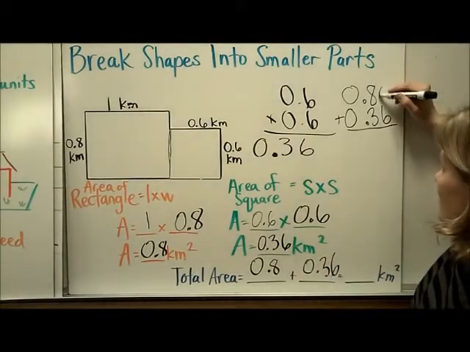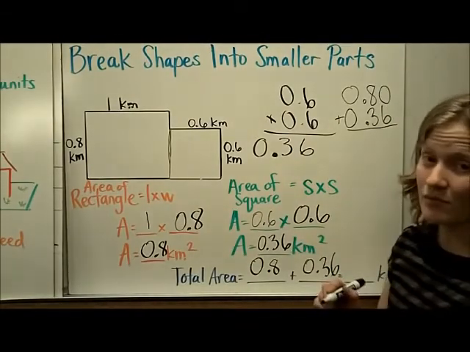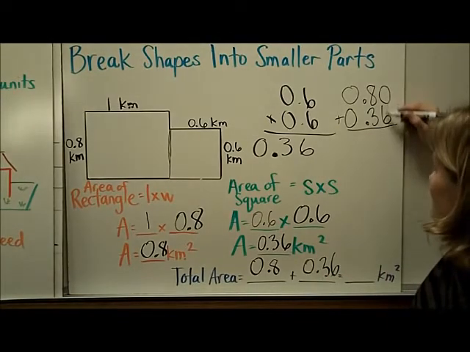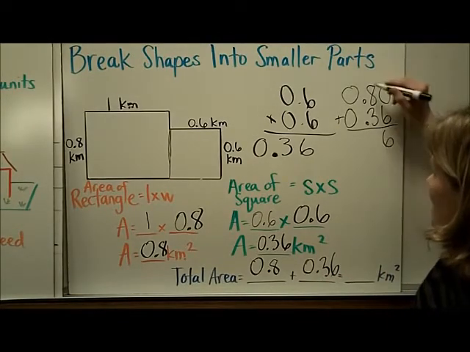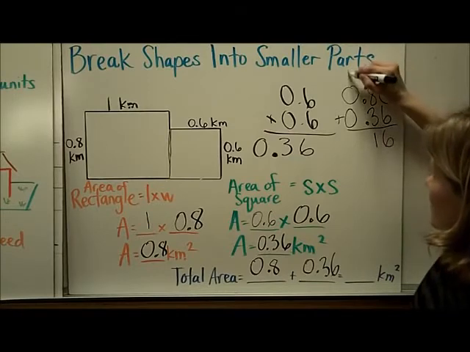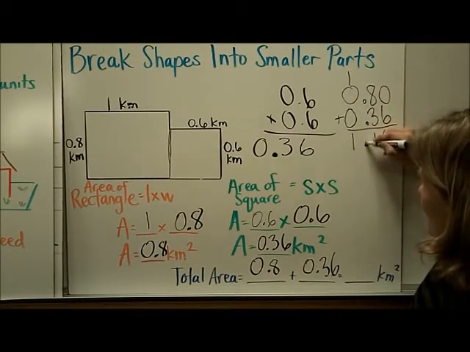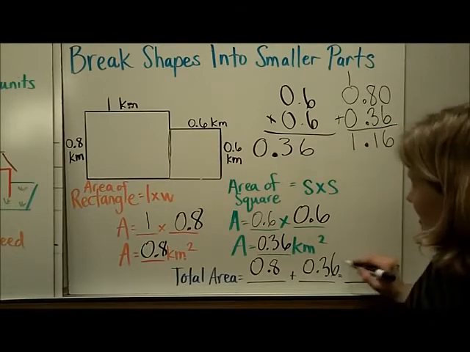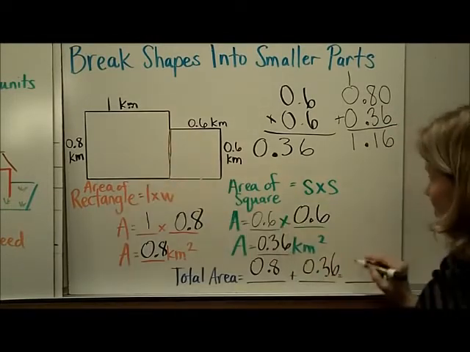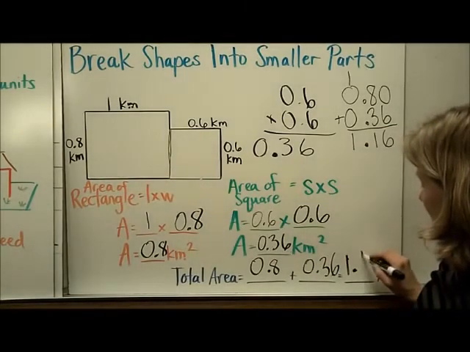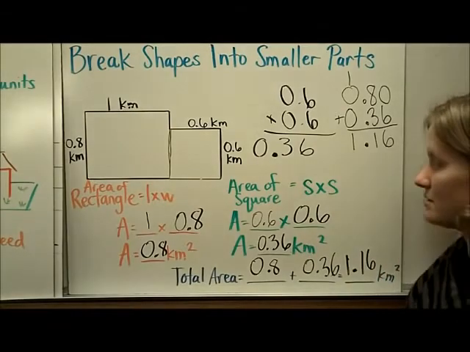And we know that we can ask Decimal Dog to put a 0 there so that we have something to add it to. 0 plus 6 is 6. 8 plus 3 is 11. Carry into the ones place. 1 plus 0 is 1. And then I'm going to bring my decimal straight down. So the total area of this shape is 1 and 16 hundredths